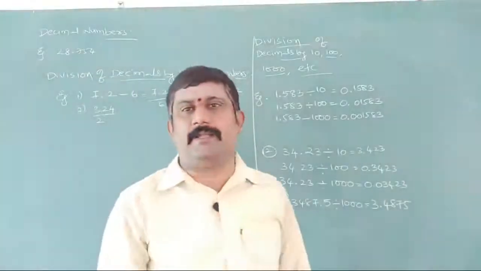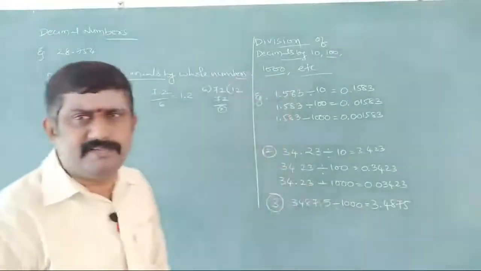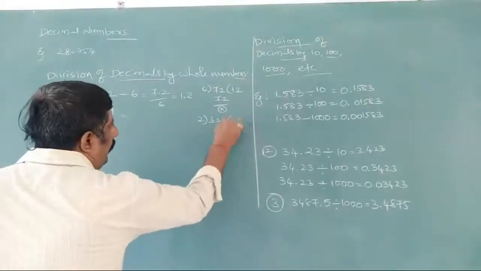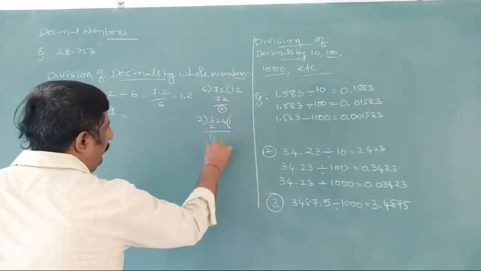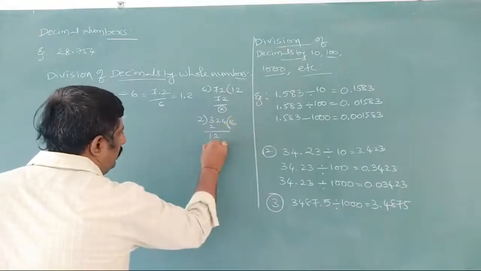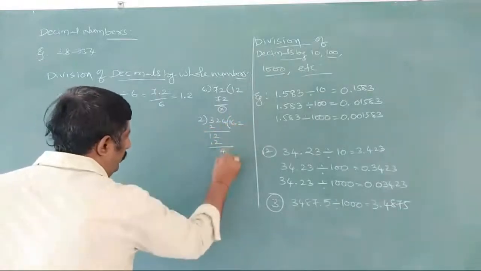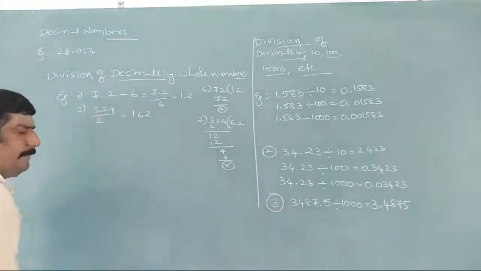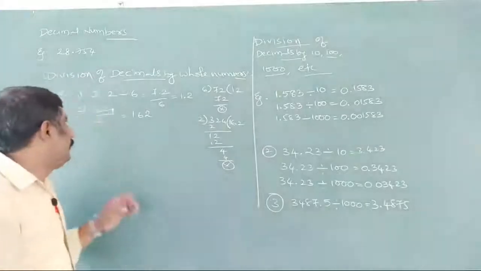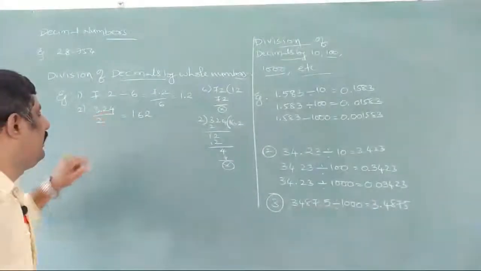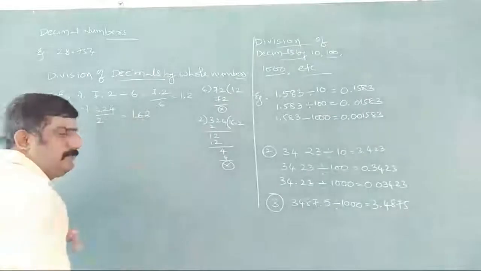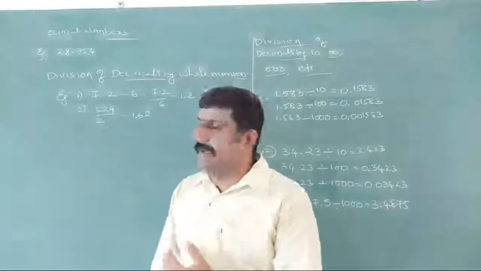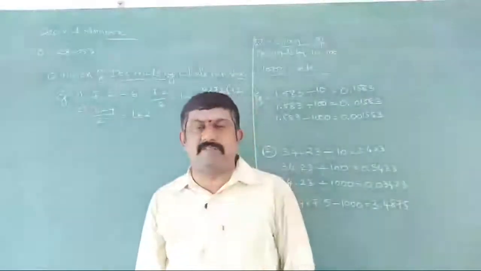3.24 divided by 2 I am taking here. So similarly everything is the same. 1, 2 left, 1, 2, 6, 4, 2, 4. What are we getting now? 162 we are getting. So after the decimal, how many digits do we have here? 1, 2 we have here. So simply write down 1.62. So you can do similar division of decimal numbers by whole numbers according to the circumstances given.